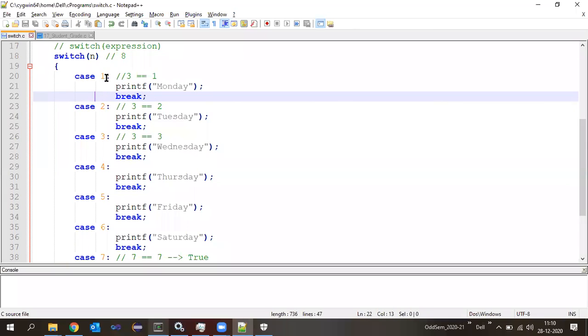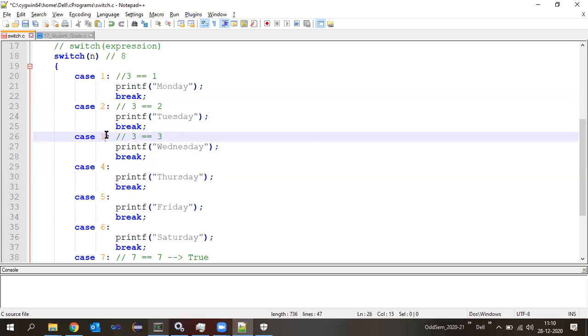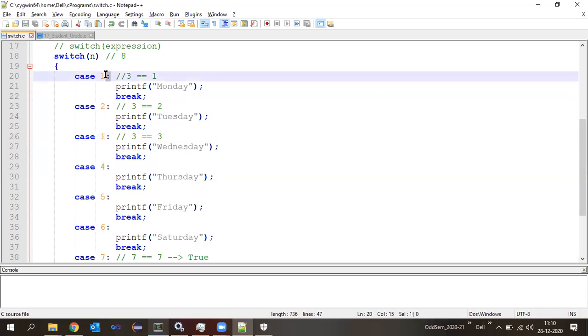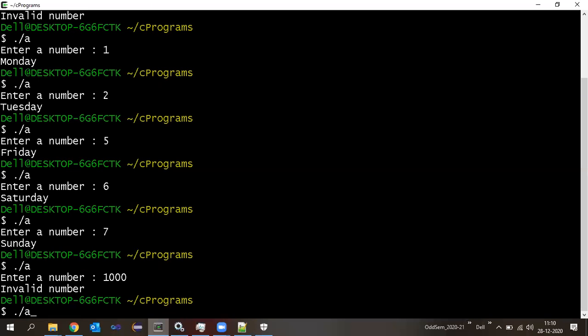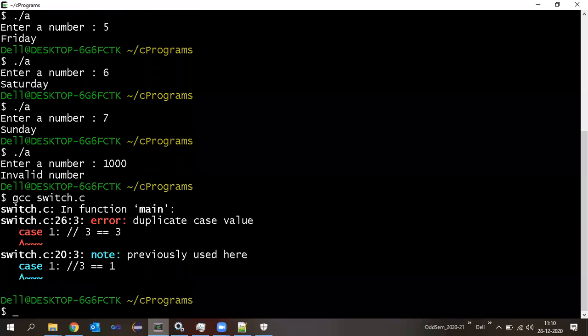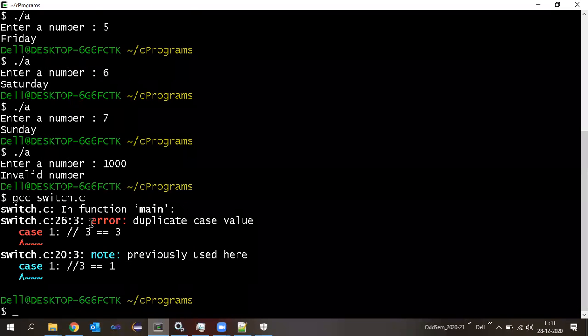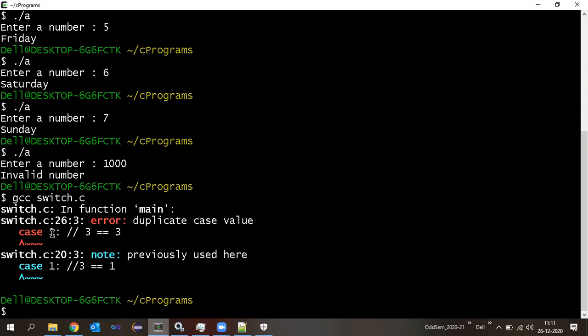Remember that we should never have two cases which result in the same value like this. If I write 1 over here, and this case is also 1, what will happen? It will give us an error. Duplicate case values, right? Duplicate case values. Line number 26 and